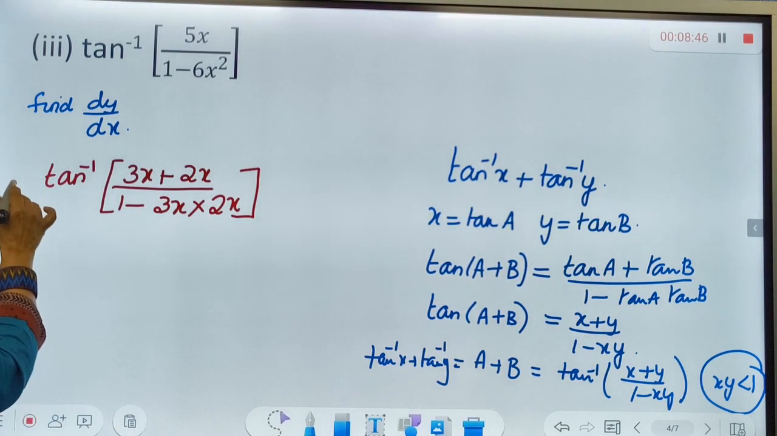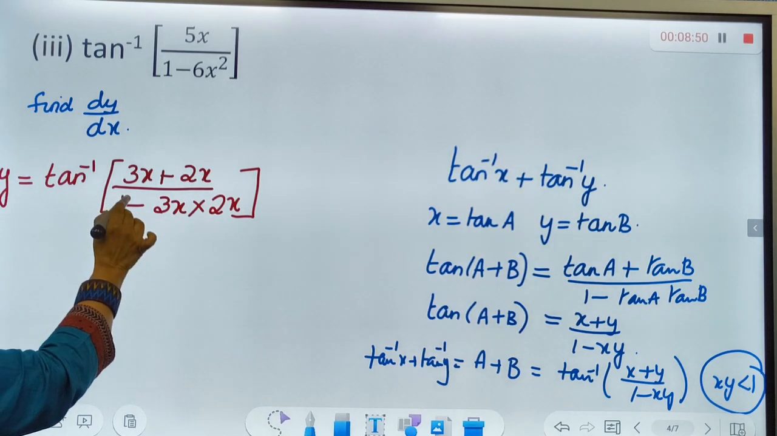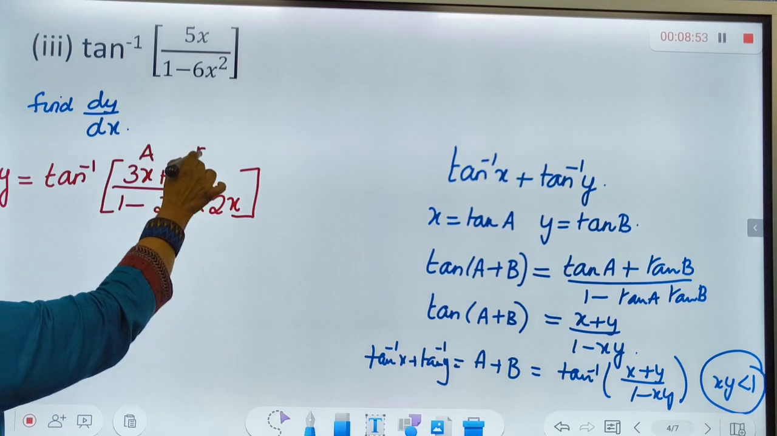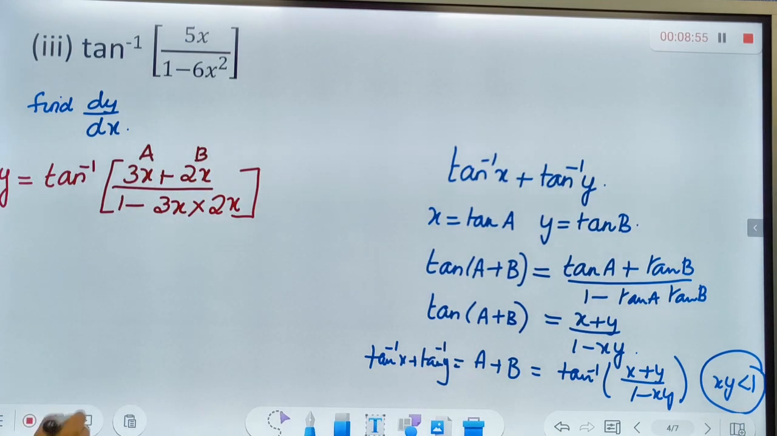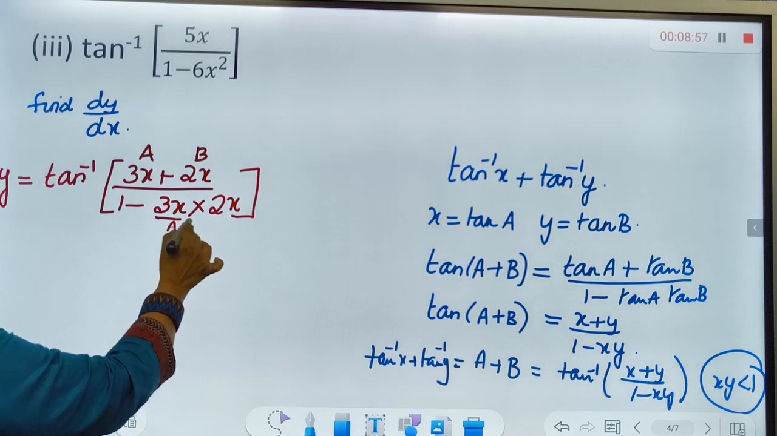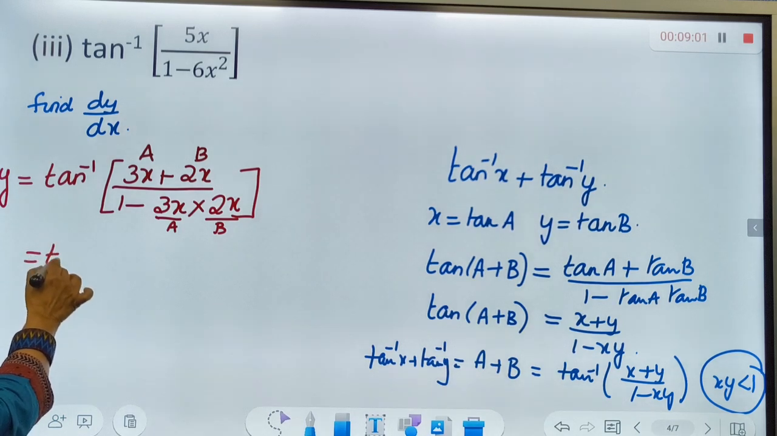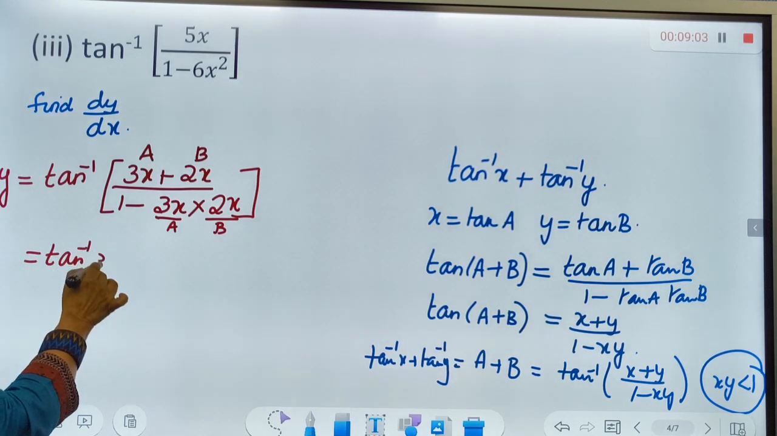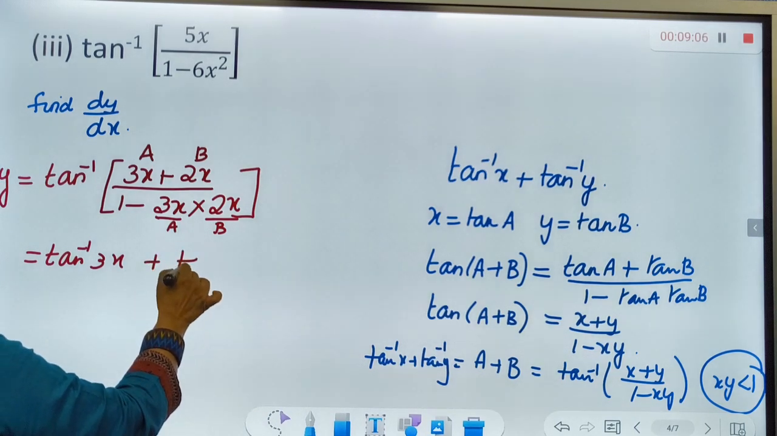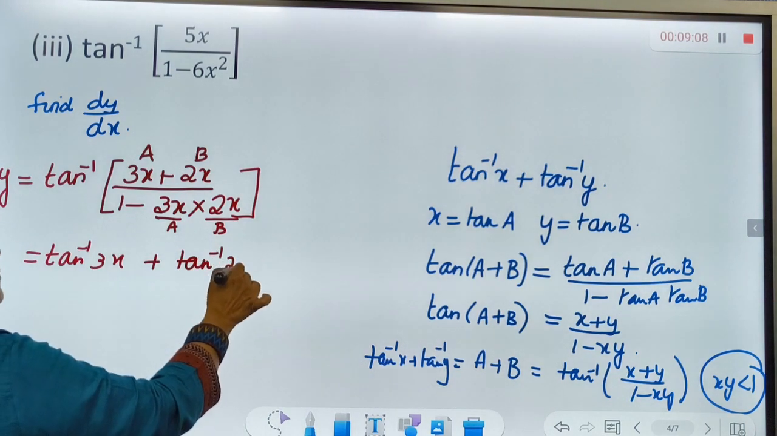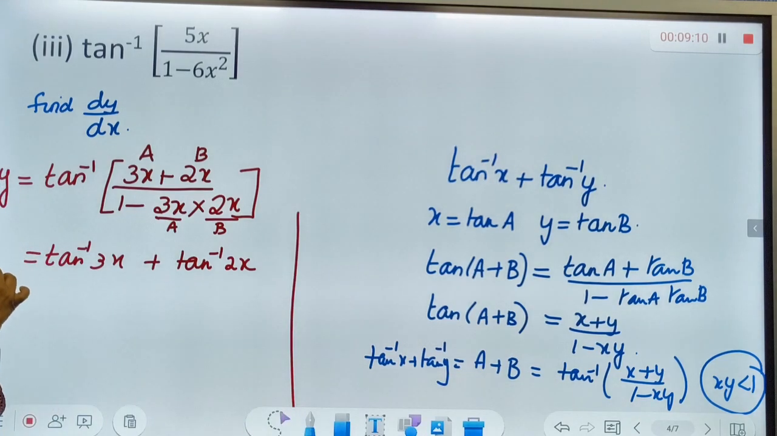Okay, so this is the given function y equal to tan inverse of a plus b by 1 minus ab, where this is my a and this is my b. So I can write this as tan inverse a plus tan inverse b, that is tan inverse 3x plus tan inverse 2x. So now y equal to tan inverse of 3x plus tan inverse of 2x. Now dy by dx